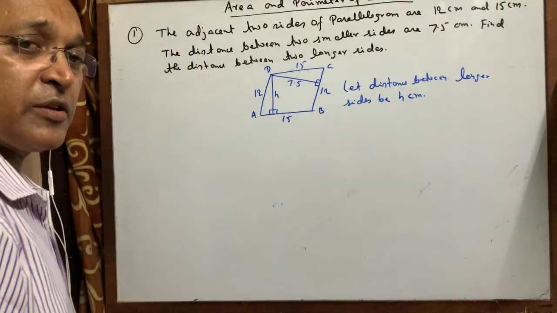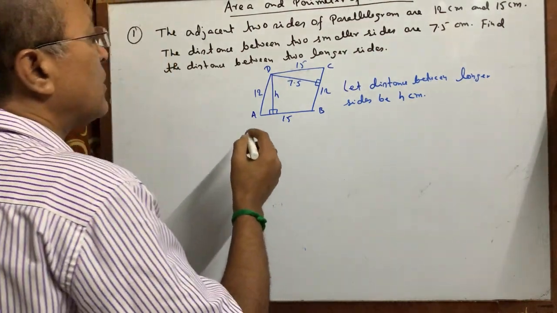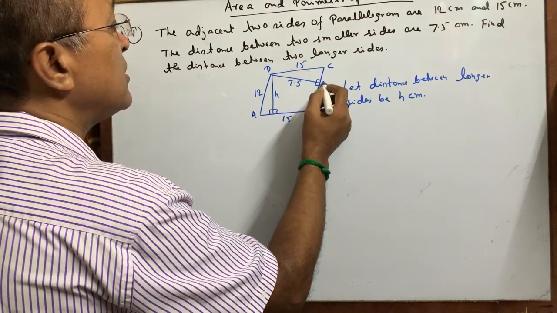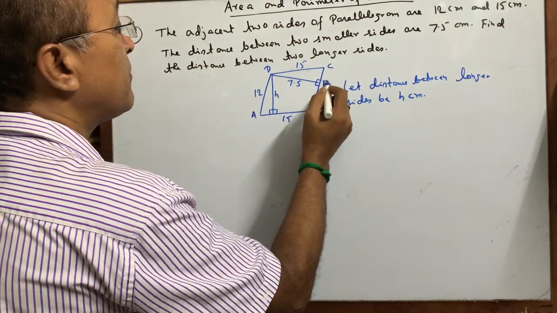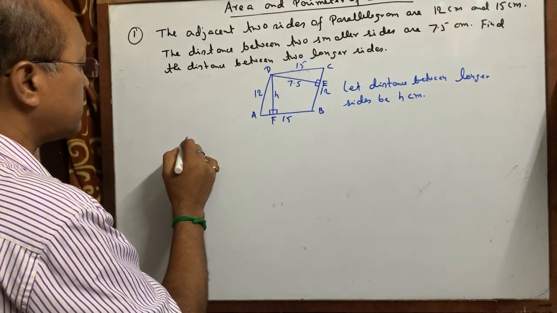So this one is h centimeter. Now smaller sides are AD and BC and the distance between them is say DE. Therefore,